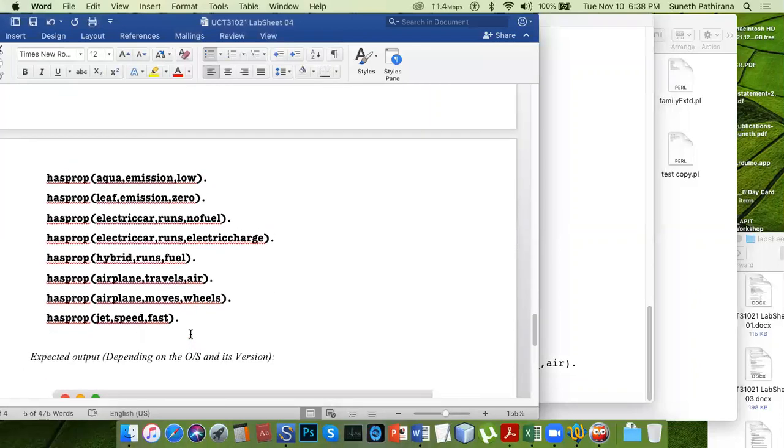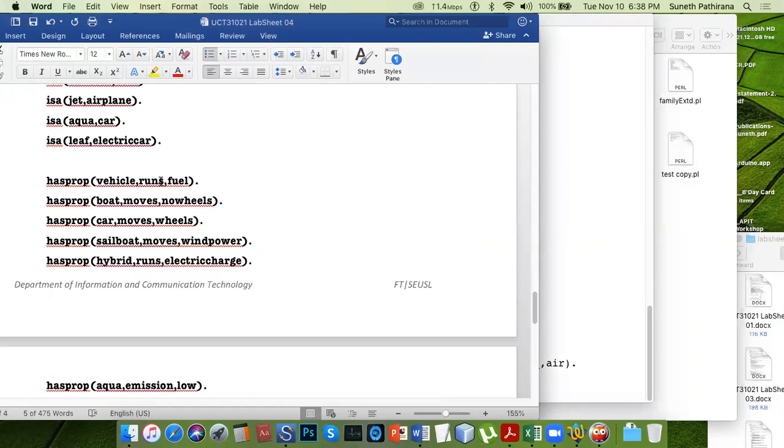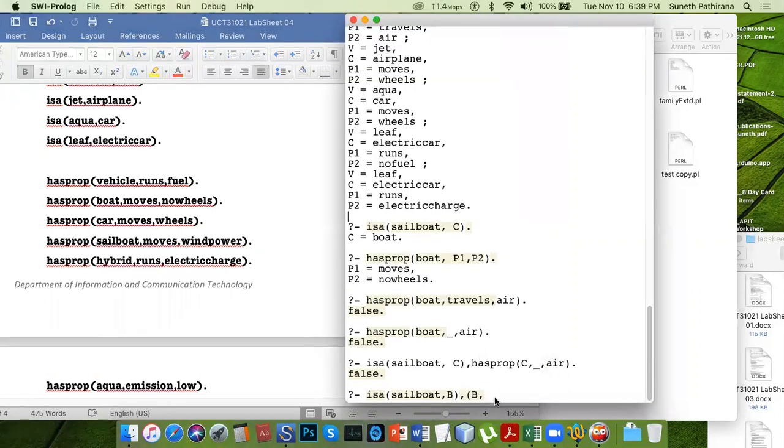Fuel means runs on fuel. If you know the action runs, you can put that, or you can just skip and put the property value fuel.